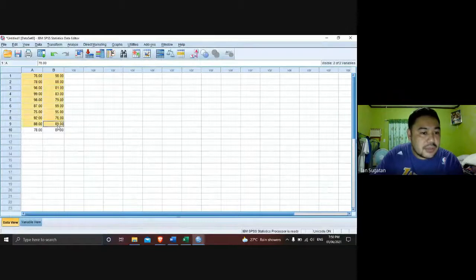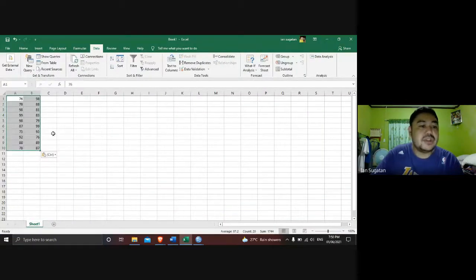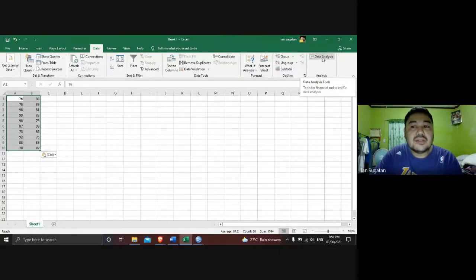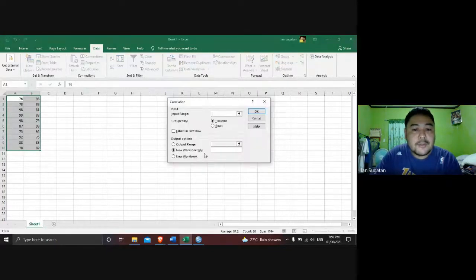So we're going to copy this, highlight, right click, copy, and then paste this in Excel. So last time, as I've said, we used Excel. So let's see if my theory is correct. We're going to use the longhand. So click Data Analysis, then go to Correlation, and then click OK. For the input range, highlight the two columns. And then automatically